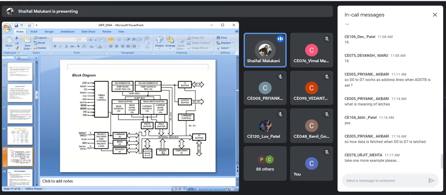Now, this is the internal diagram, the hardware of your 8237. We have one timing and control circuit which will handle all the timing part. The clock is related with time. The control signals are AEN and address strobe; how AEN and address strobe will work, we will see. Then these are also control signals. So we have circuitry which will handle all types of control signals.